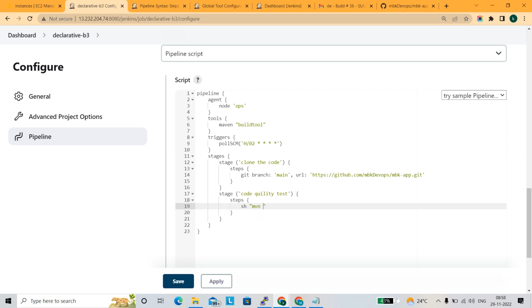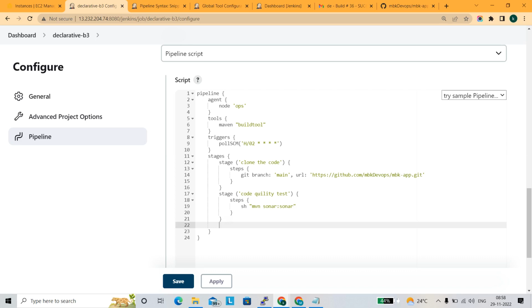In the previous scripted pipeline we needed to call the variable, but right now we don't do that. mvn. What is the code quality test command? It is sonar. Please see that SonarQube video also, guys. What is the step going to do? Okay, after this step